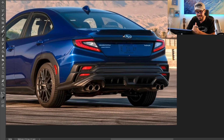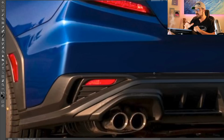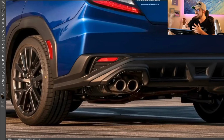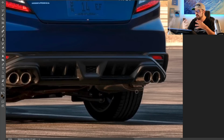And you're going to see that there are not really major changes to the design that I want to do, just small tiny tweaks, and I think those tweaks are going to make a big difference for the WRX. When I first saw the 2022 WRX, it felt like it was dated almost instantly. It looked more like a 2012 model than a 2022 model, and that's pretty frustrating because,